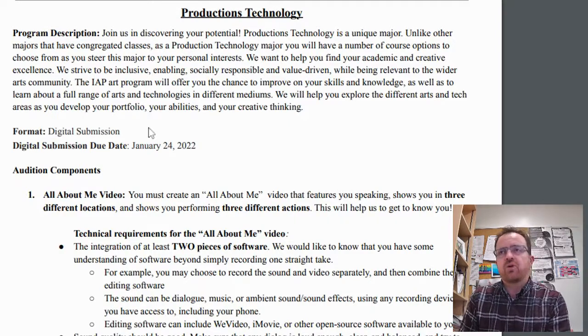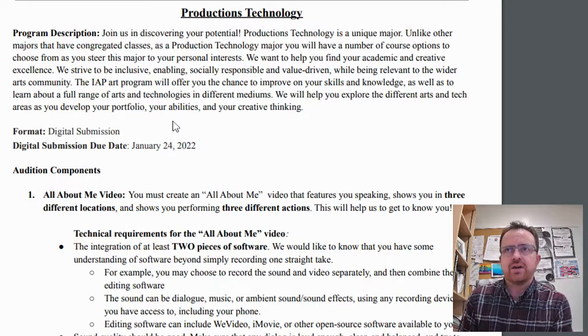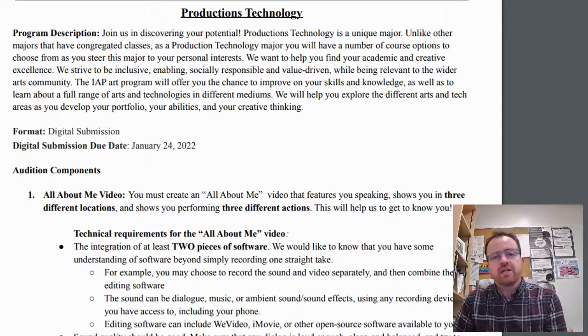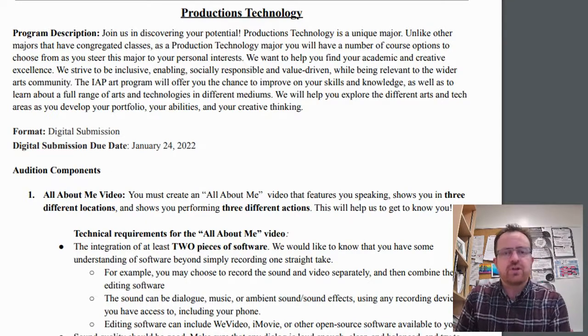The IAP Art program will offer you the chance to improve on your skills and knowledge, as well as to learn about a full range of arts and technologies in different mediums. We will help you explore the different arts and tech areas as you develop your portfolio, your abilities, and your creative thinking. So the format of your audition will be digital, and there's going to be a couple of things